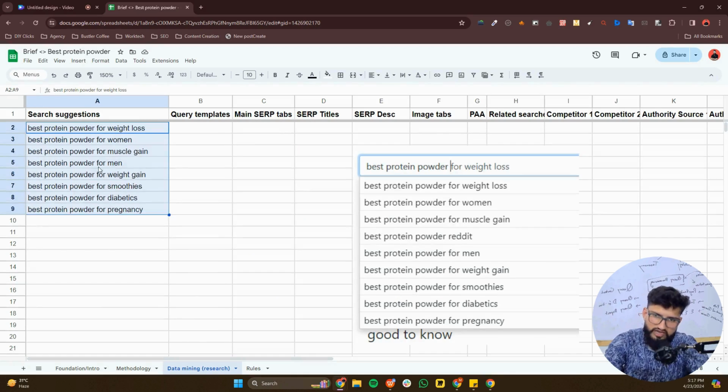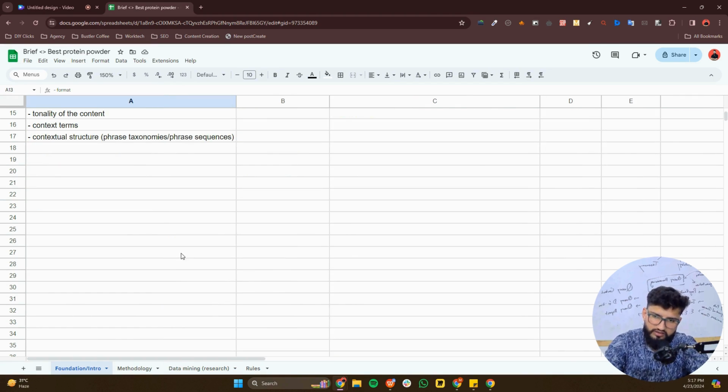Okay, so now we have the search suggestions. Let's move to the query templates. When it comes to query templates, I've created some by default, like for, into, around, of, versus, with, in. I've covered those, I guess. Some more could also be there, like